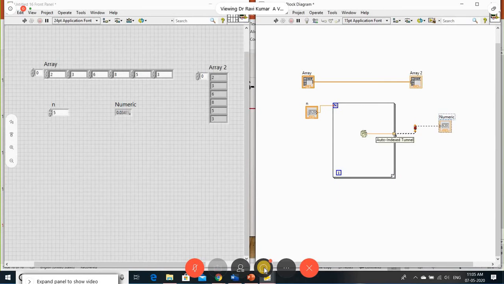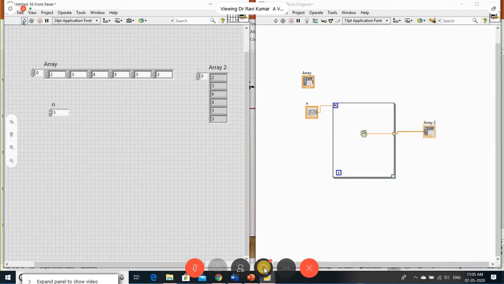Okay, a one dimensional array. How will the one dimensional array be taken? I'm deleting this value here, and instead I connect it to your array. Clear? So random numbers are generated until n minus 1. That random number I'm going to store by index into my array. For example, array of 0, when i is 0, the value is stored here.